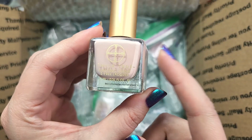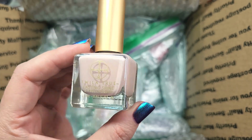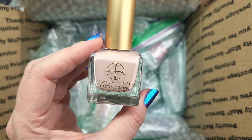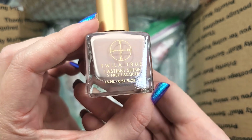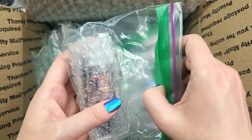Then of course I'll have to compare it to the other colors in my collection that might be close to this. I want to say it's potentially close to an Essie that I have, and maybe a China Glaze, but we'll have to see how that goes. But in any case, a new to me brand, Tula True. Next up,